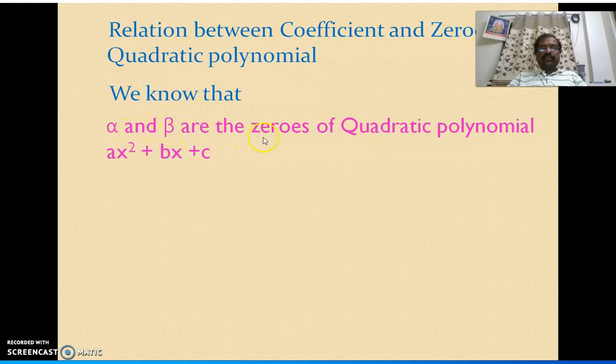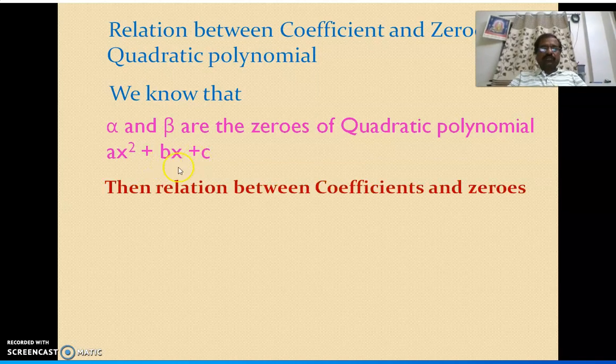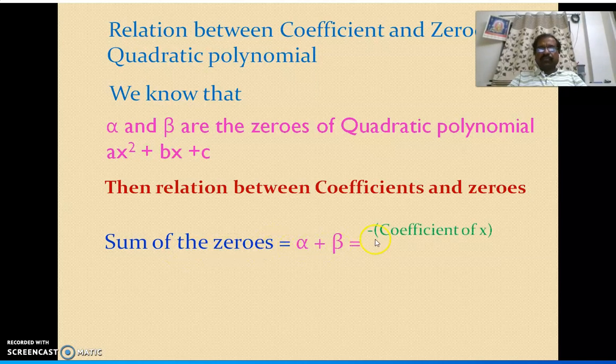Alpha and beta are the zeros of the quadratic polynomial ax square plus bx plus c. Ax square plus bx plus c is the general form of a quadratic polynomial. Then the relation between the coefficients and zeros: first one is the sum of the zeros, alpha plus beta, is equal to minus coefficient of x by coefficient of x square, where coefficient of x is b,